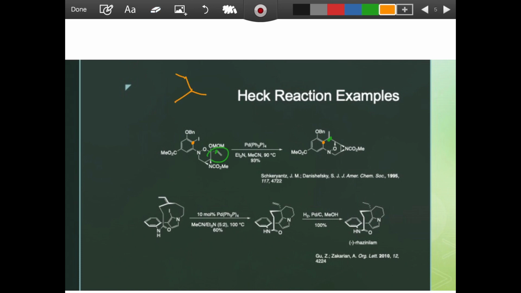We're going to have the palladium with our ligand, and then our hydrogen here. And so here's our aromatic ring, to give you a few more landmarks on what you're looking at here. And then here's our